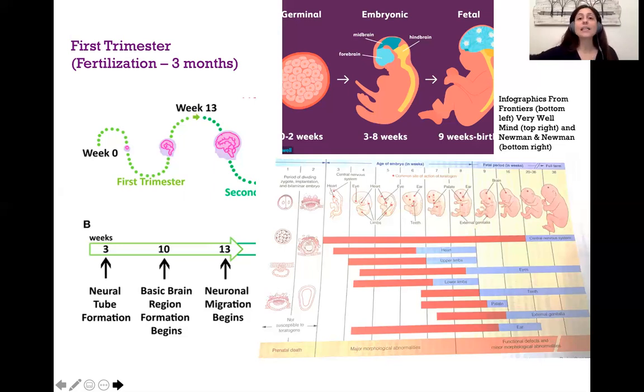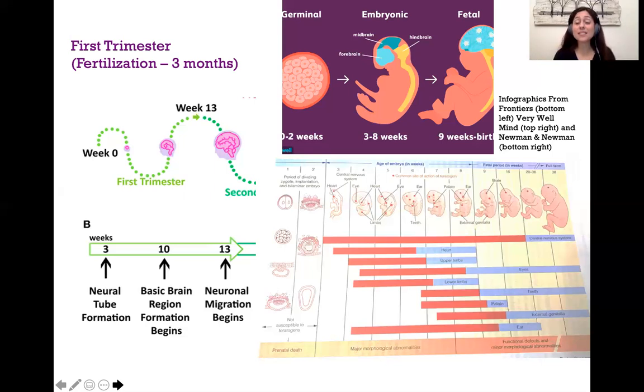Another thing that's happening is formation of the neural tube, which begins at around 2 weeks. And this is a group of cells that will eventually form the entire brain and spinal cord through processes of repeated division. Note, though, that this is just the foundation of these brain regions. Full development of the brain doesn't actually occur until adolescence in many cases. Obviously, this is an important part of development.